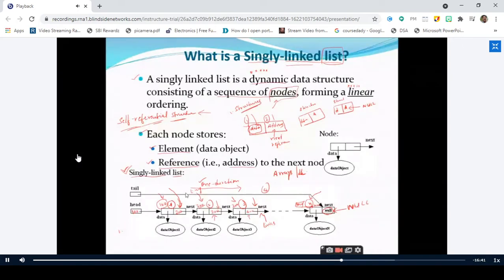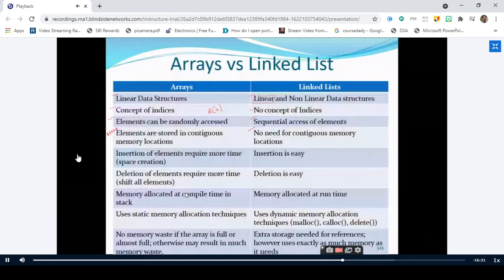But here the memory allocation is not done in a sequential fashion. This is the reason they do not come under the category of linear data structures. So they follow non-linearity in memory allocation. Can you see this annotation? Memory allocation. Yes, sir.